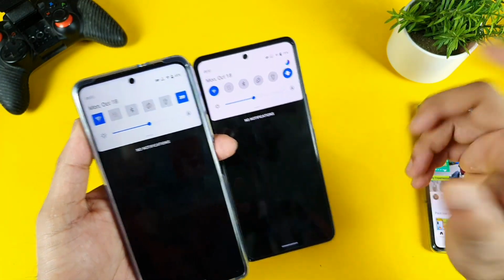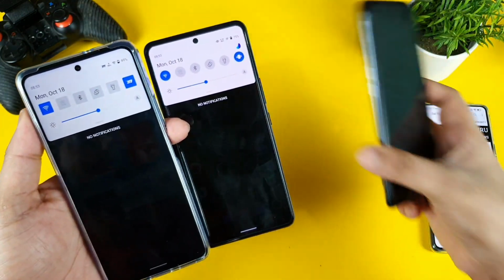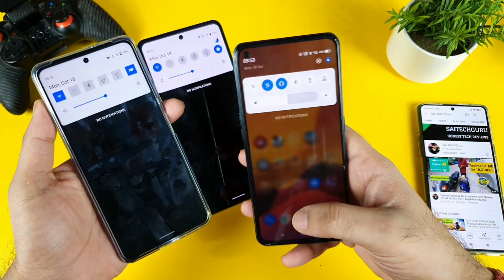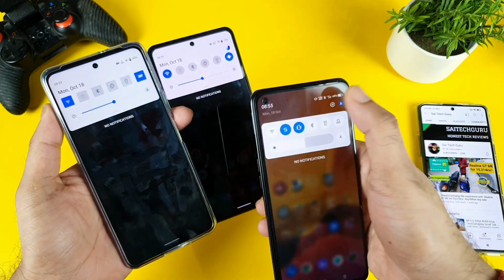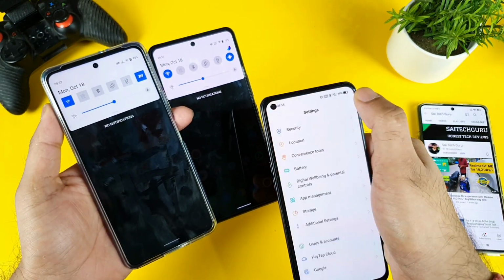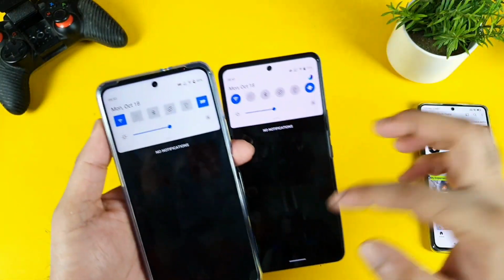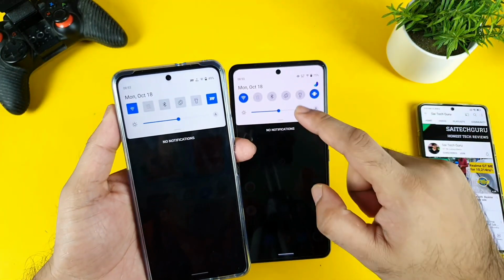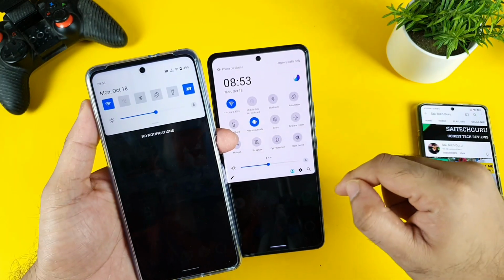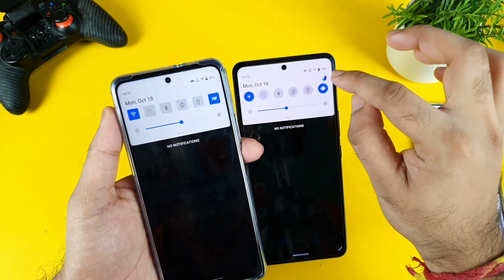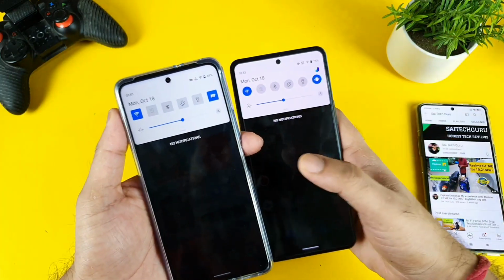That would be really helpful for a lot of users, and I do feel it missing because it's a two-step process every time. For example, in other phones like Realme phones, they do have a direct settings option. Just swipe down and tap on settings. That would be really good. But here you need to do two steps: swipe down and then go to the settings. So it doesn't make any kind of sense. They should have added it on the top. Maybe in the next version they'll try to add it.